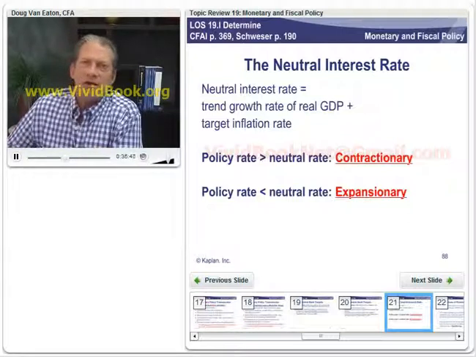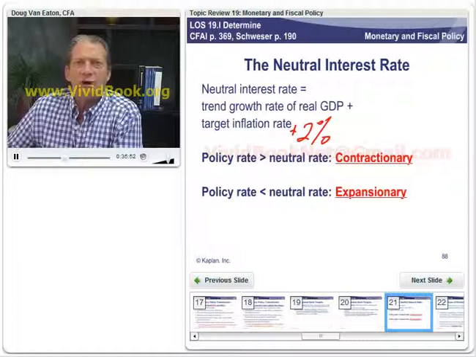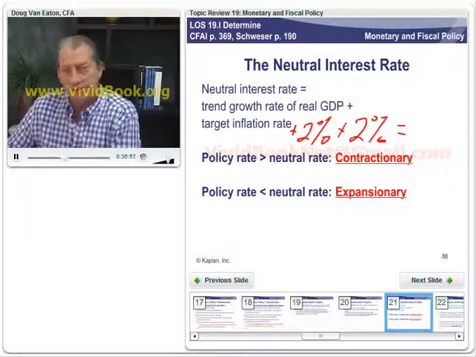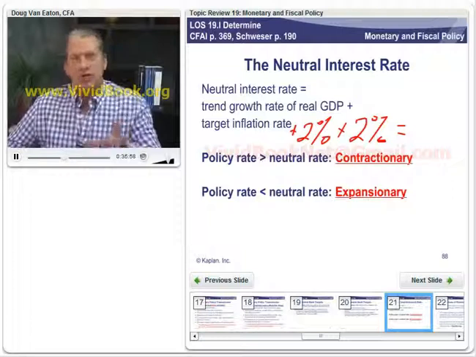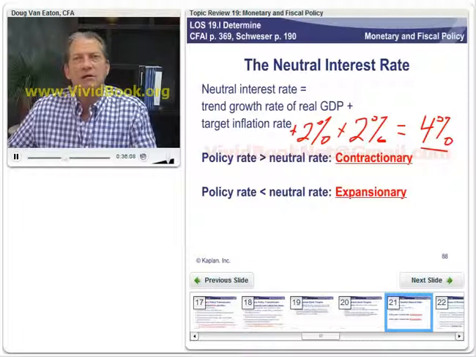So you say, well, the economy's growing, its trend rate is plus 2% per year, and our target inflation rate is plus 2%. Well, surely this isn't a complicated calculation, just an illustration of this concept. So in this case, if we grow the money supply at this neutral rate of 4%, then we should expect